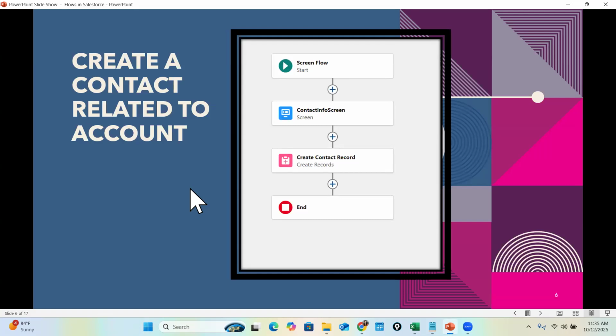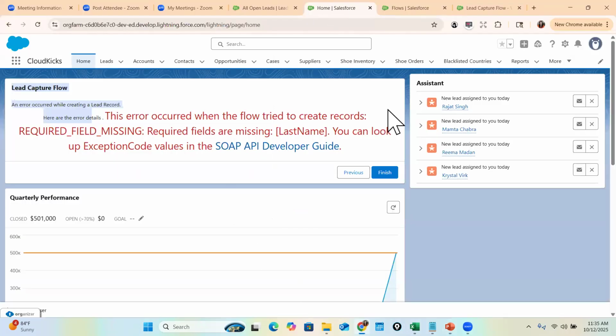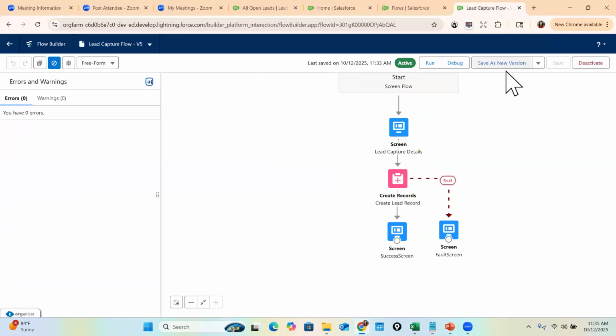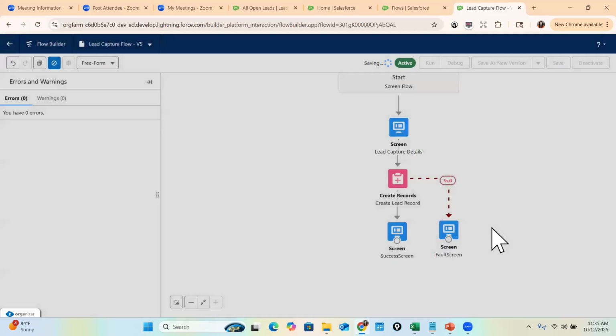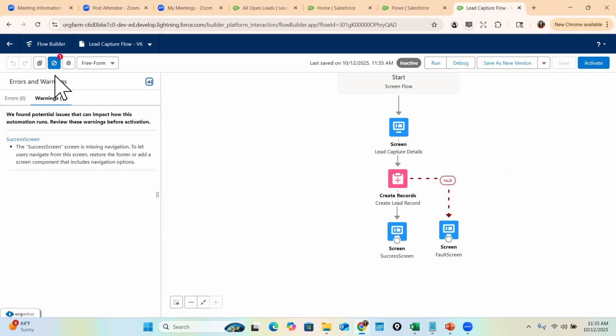So far what we have done is we created a simple lead record. With one more thing I can do here, I can also upload a file for a lead record. Let's say I want them to upload their business card. There is a component available. So we'll go back to the flow again, save it as a new version, save it. And then here, after the record has been created,